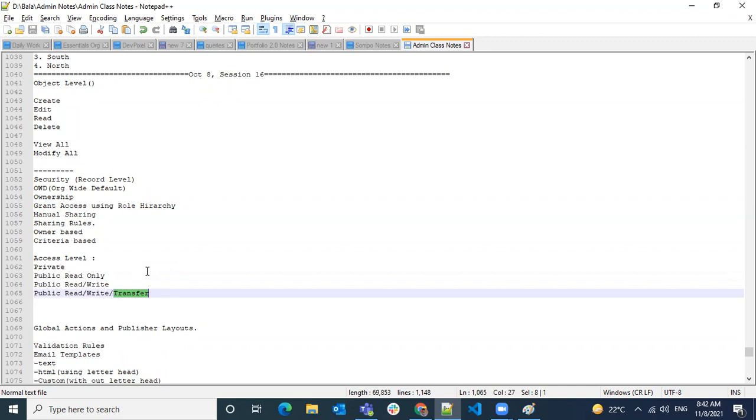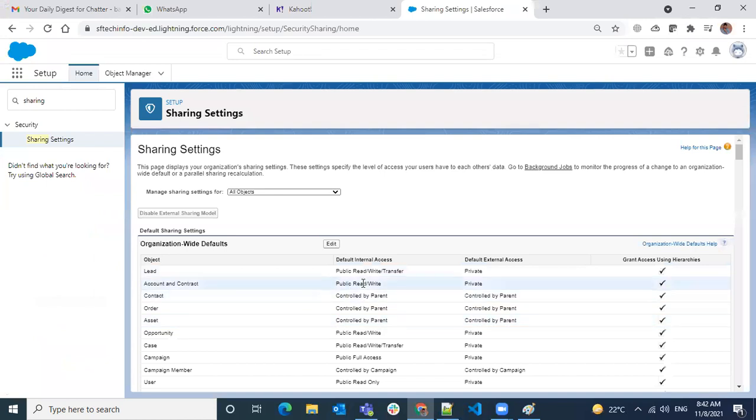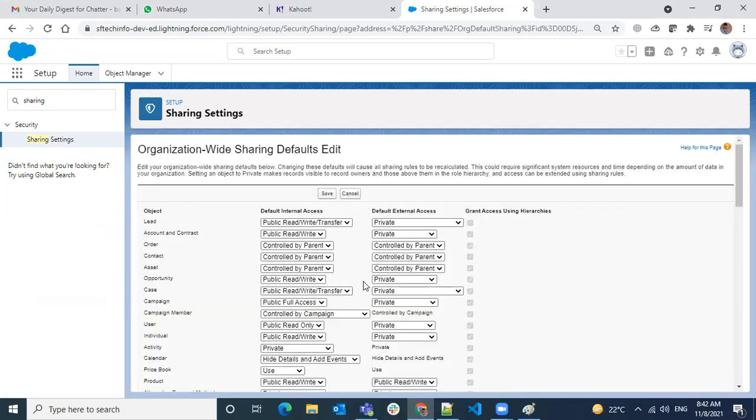Now let's look at whether what I said is true. On lead, you have private, public read only, public read write, and public read write transfer, and similarly on the case object you have all four permissions.